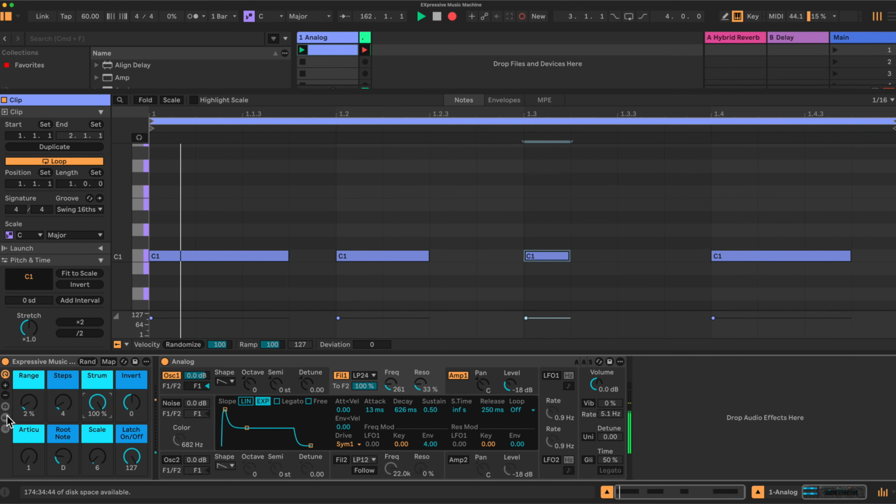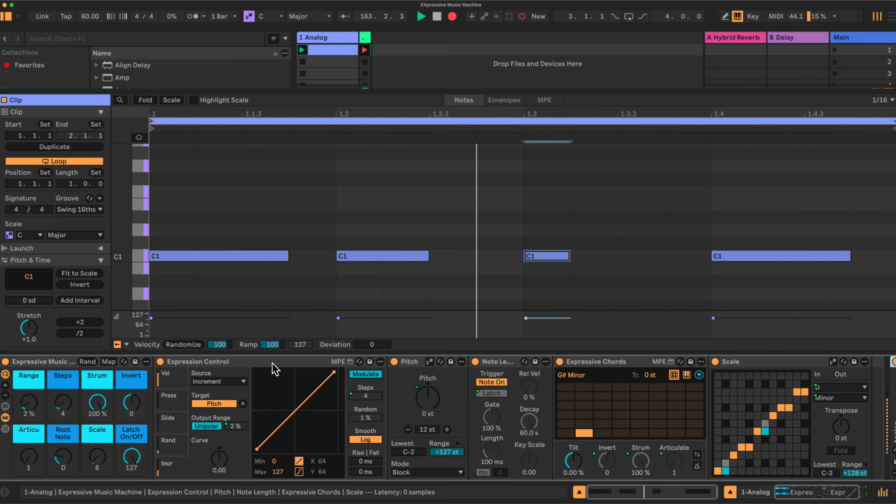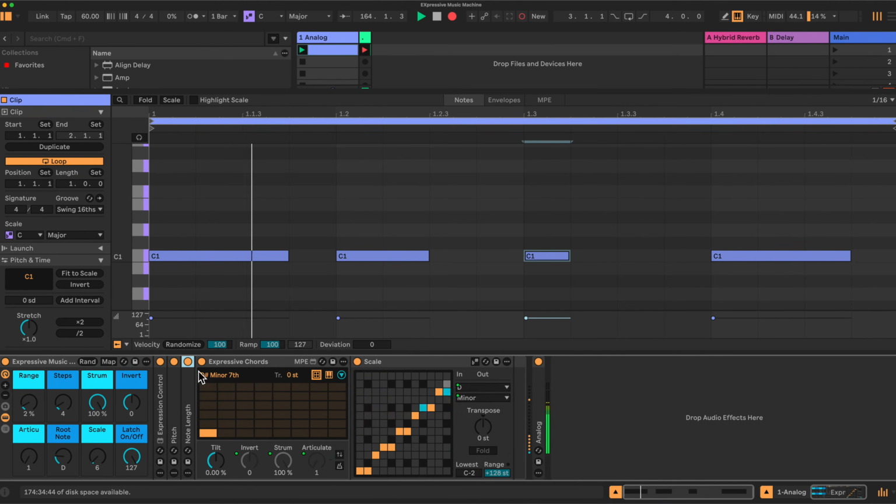If I open up the rack, we can close analog, open up the rack quickly, just to explain what's going on. We have here the expressive chords. If I drop the number of steps down to 1, our triggers will only play 1 position in expressive chords. If I increase this to 2, we start to play 2 positions. If I open this right up, we have 32 possible positions,